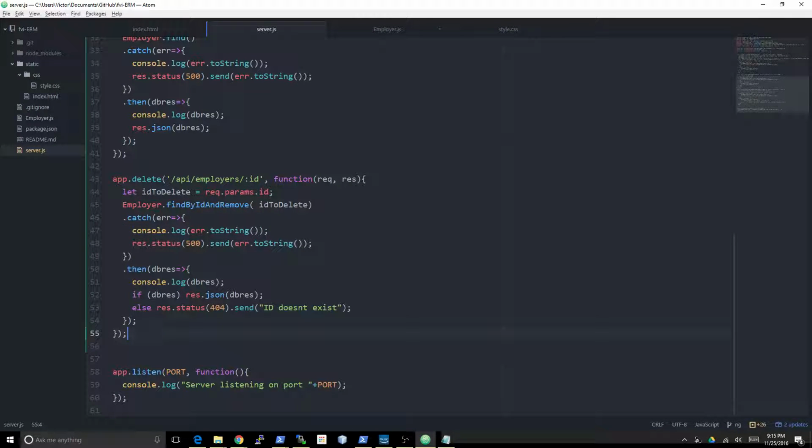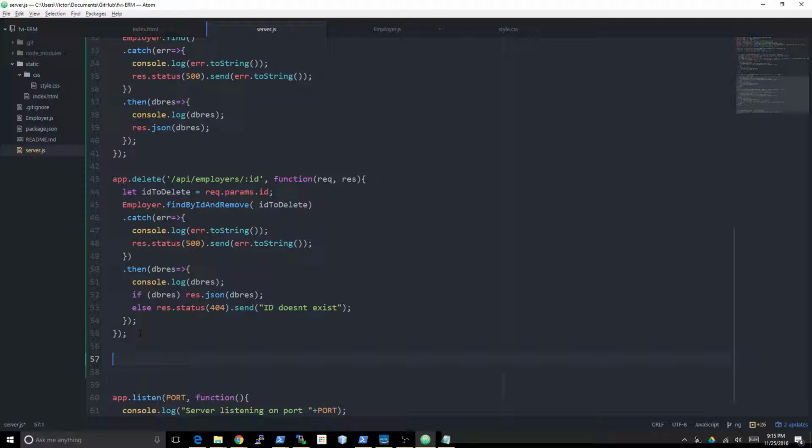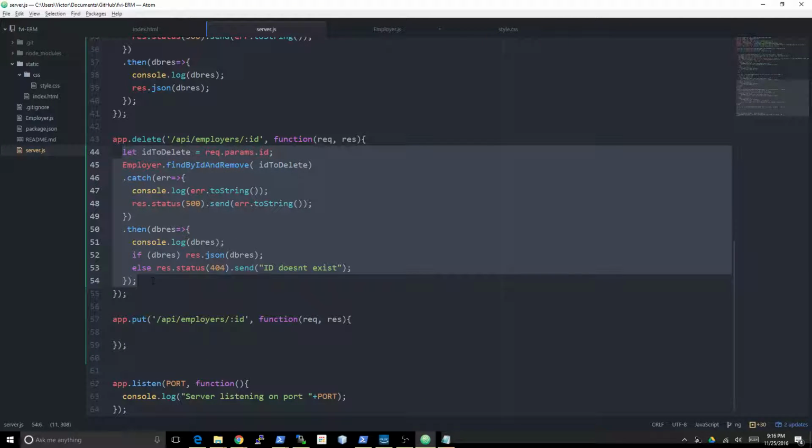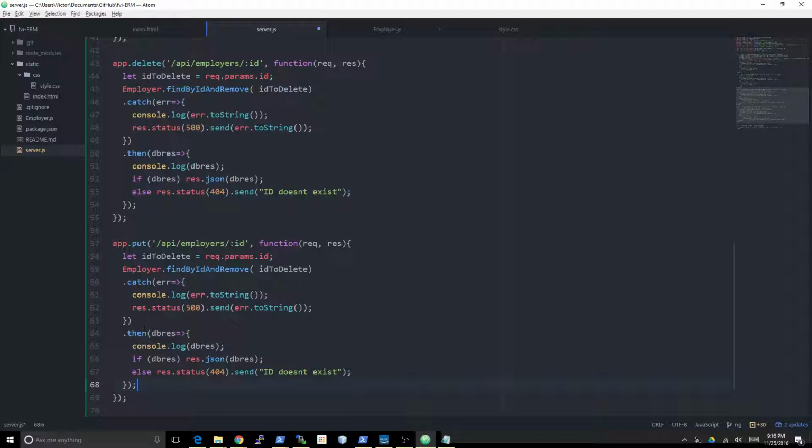We're building a customer relationship manager, and in this video we're going to be making server routes to update an employer. So app.put is the verb that you usually use to update records. API employers, and this one's going to work the same way by an ID in the URL. It's going to be super similar, except that instead of